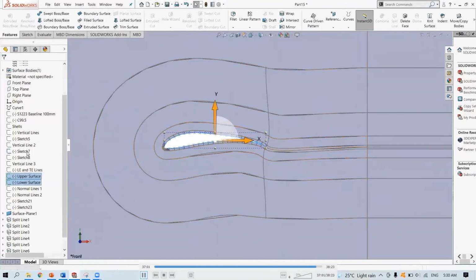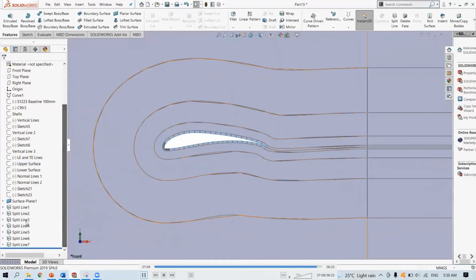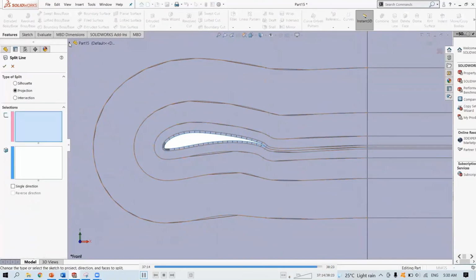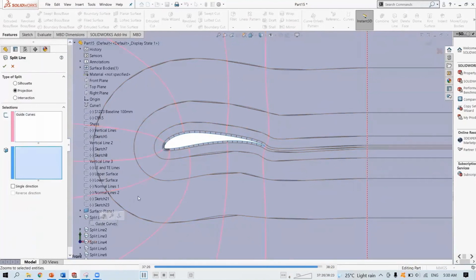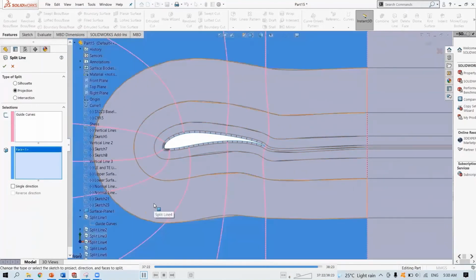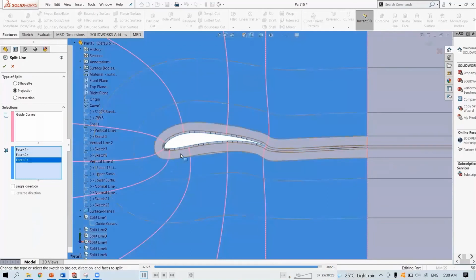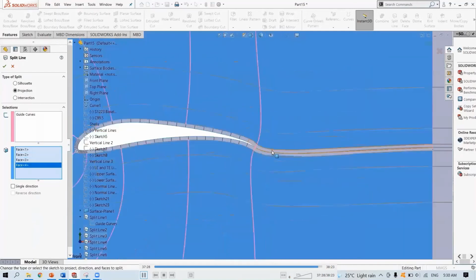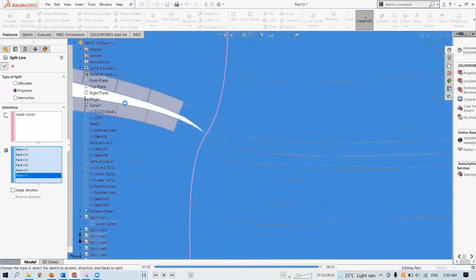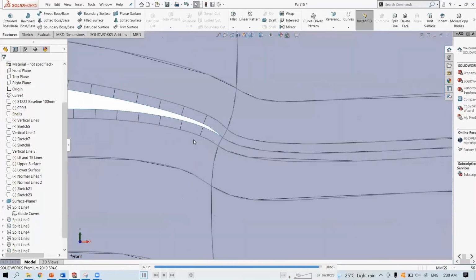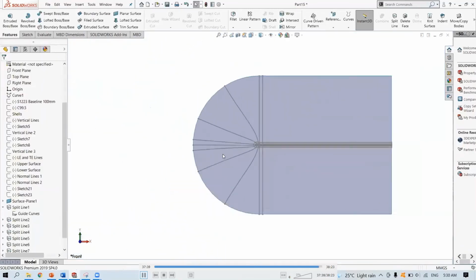I'm not really sure why, but you can just repeat it, and supposedly it should be okay. You have to select all the faces that you have split earlier up to that point. Yeah. So let's these two. Okay. We are done.